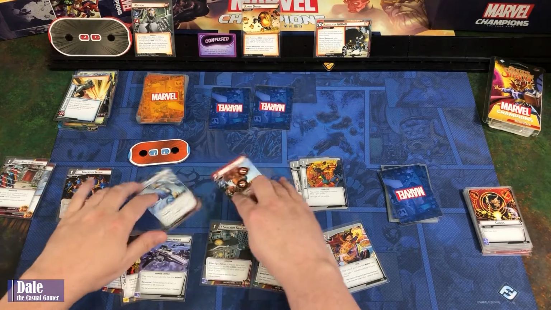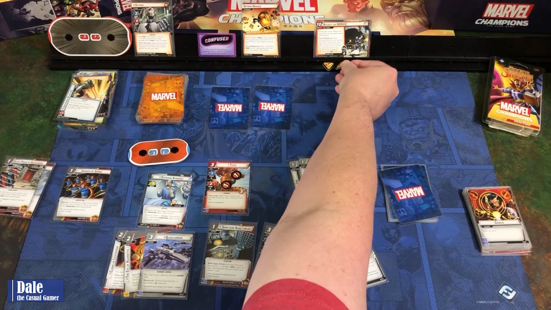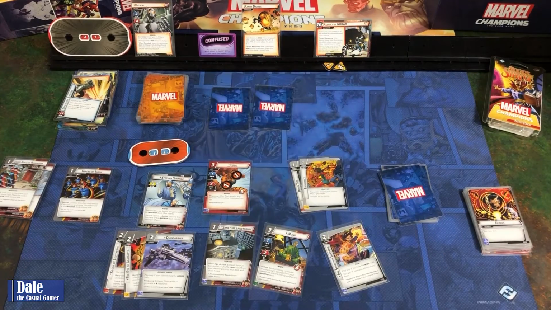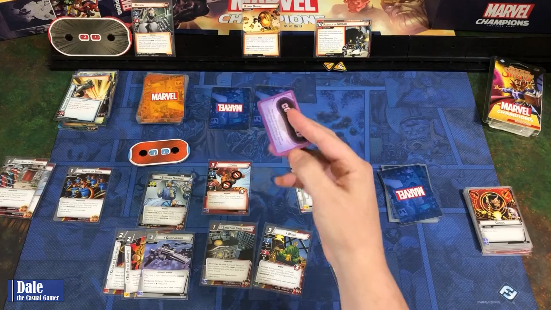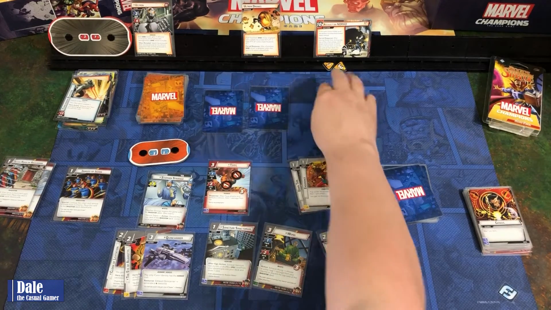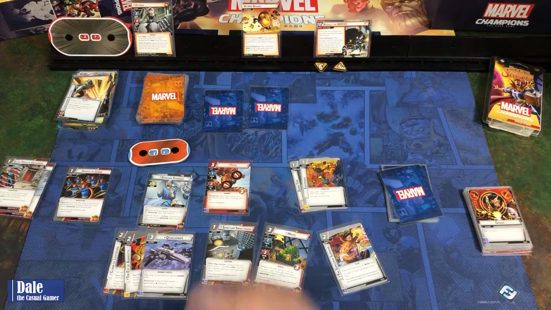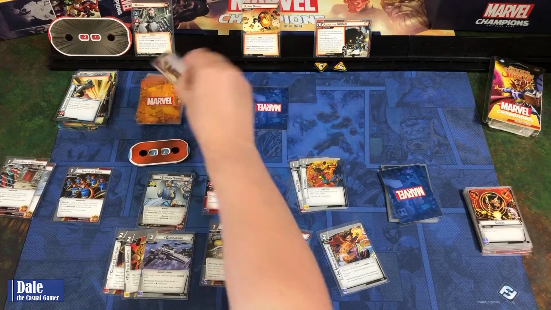Ready our cards. We're going to place 3 threat for the Assault. Ultron goes to Scheme, but he's confused. These guys aren't, so they're going to add 2 more, taking it up to 6. And